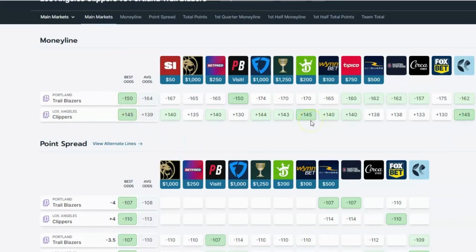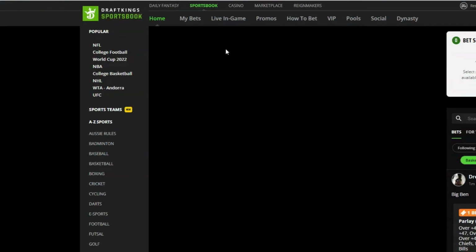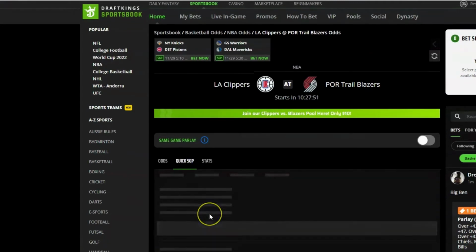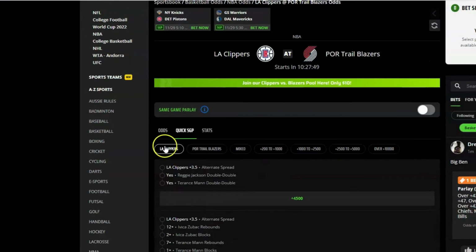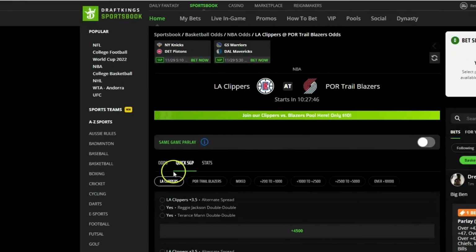So that might be one that you take a look at as far as the Clippers on the money line, and use that as a basis to start your wagers. So you would come back over here, and again, you jump into this Clippers Trailblazers game, and we would pop in the Clippers money line as the first of this single game parlay. So that's what we're going to do. We're going to plug in that initial information for the Clippers.